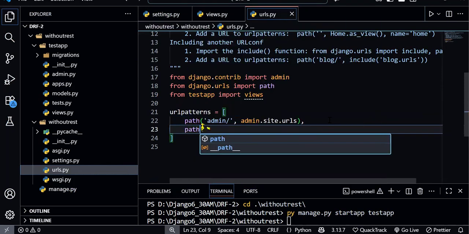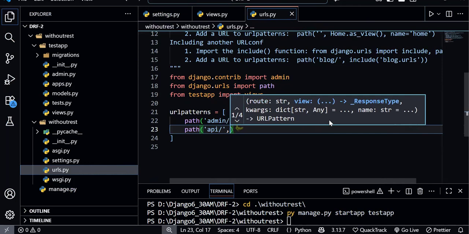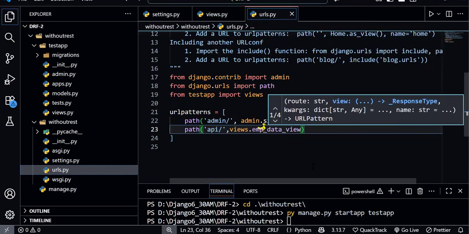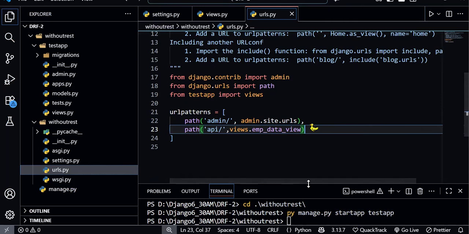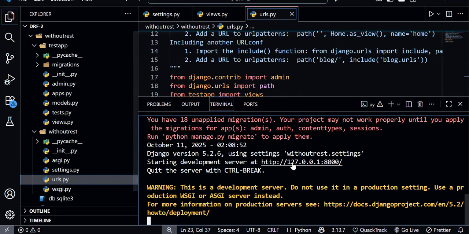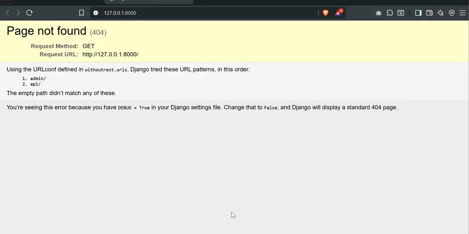And here we will write path api, okay, and we will write views.emp_data_view. Okay, so now we can run the server. py manage.py runserver. Okay, just click on this URL